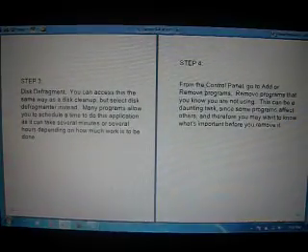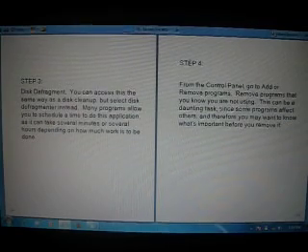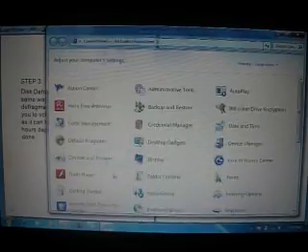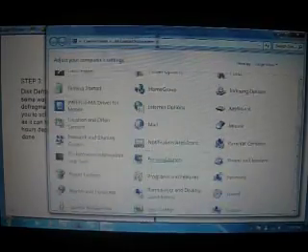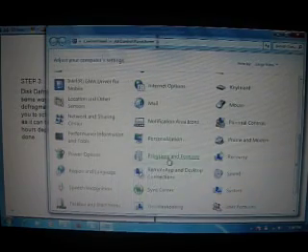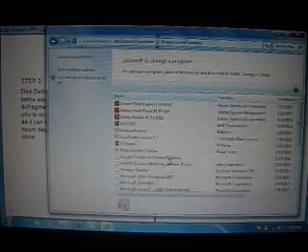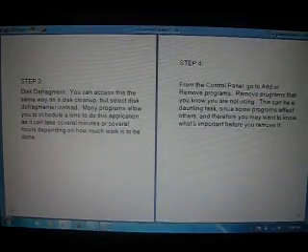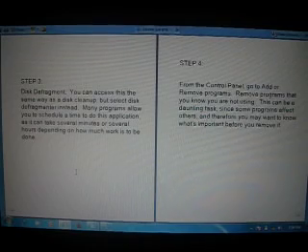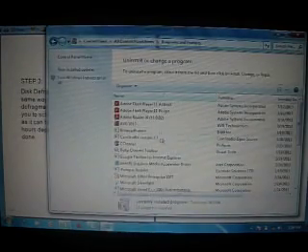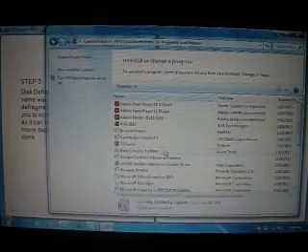Step 4. From the Control Panel, go to Remove a Program. Click Programs and Features, and remove programs that you know you are not using.